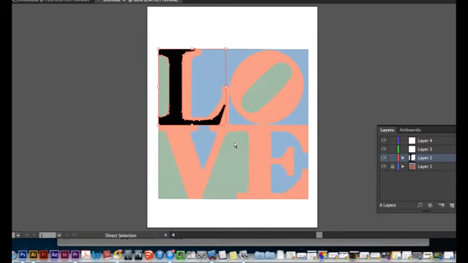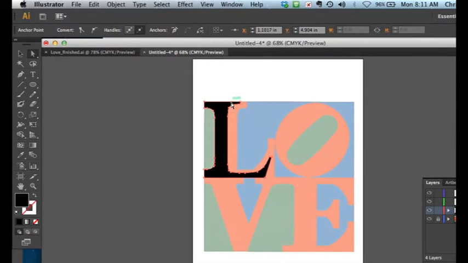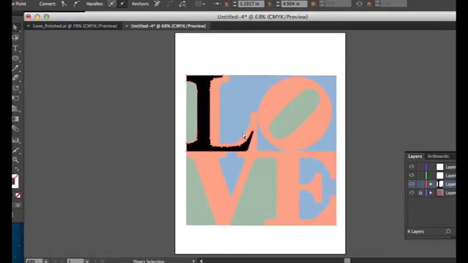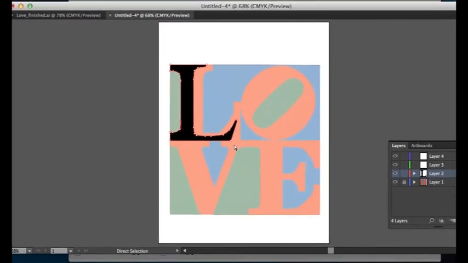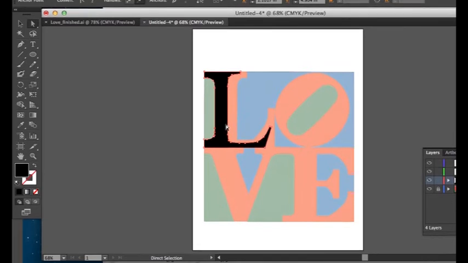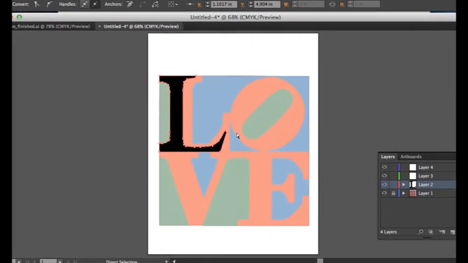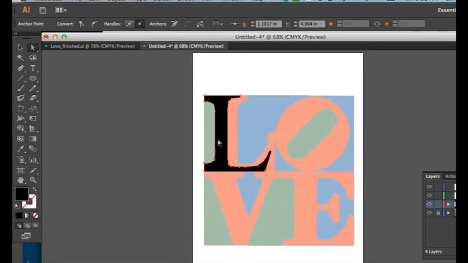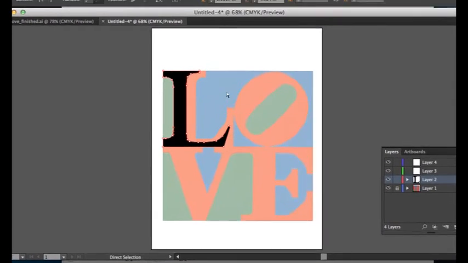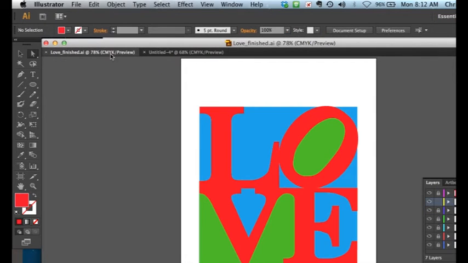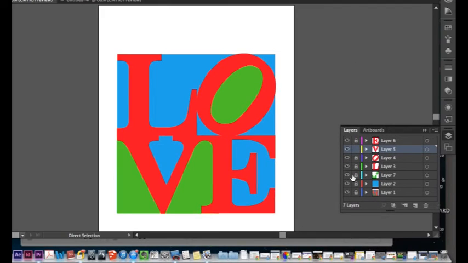I'm going to zoom out, and you can see I have a lot more work to do. I have to stretch these points out to fit here, here. It's time consuming, but in the end you'll learn a lot about Illustrator. When you get your letters ready, let's switch to one that's finished here. And you'll notice by putting layers of color underneath,